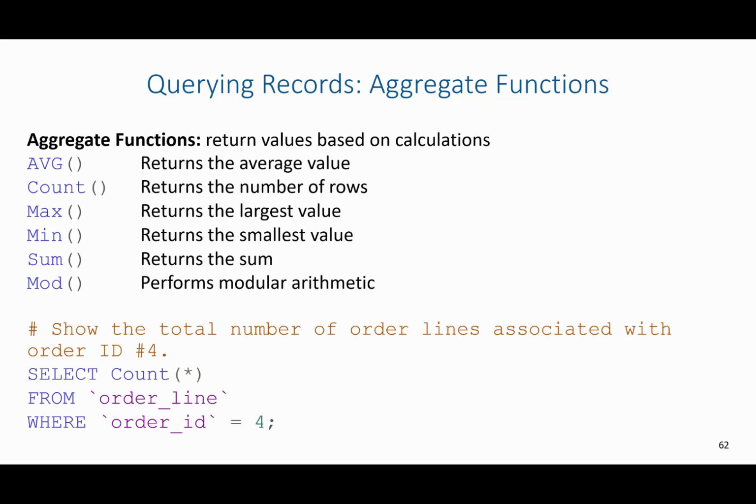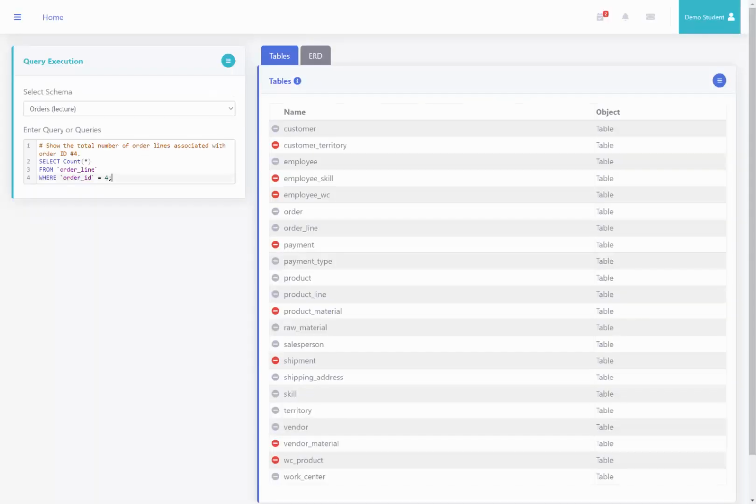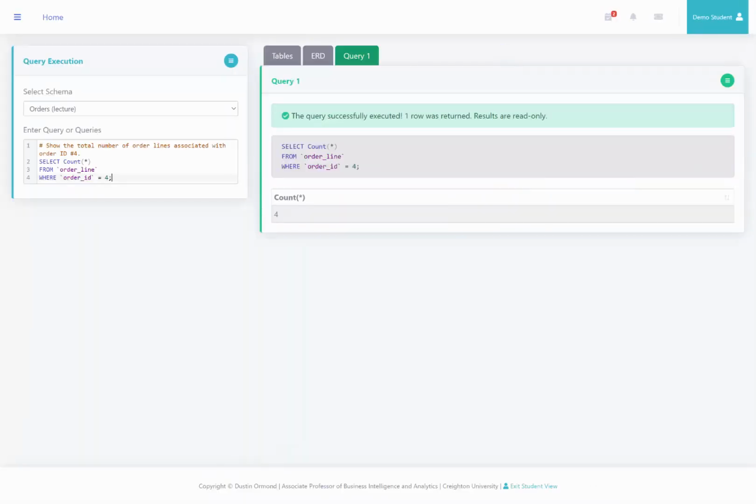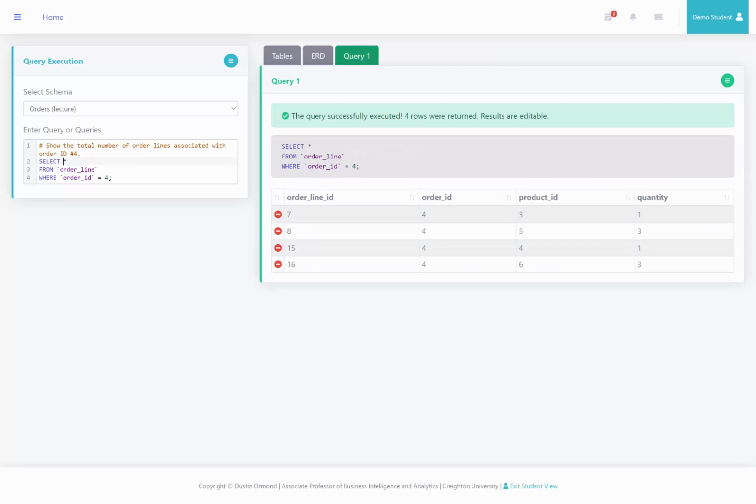For example, if we were asked to show the total number of order lines associated with order ID number 4, we'd say select count star from order line where order ID equals 4. Here we are back at the server. I've copied this query over, and I'm going to run it. We can see that 4 rows were returned. If I were to remove the count function and run this,